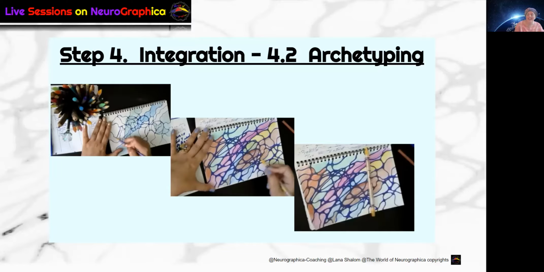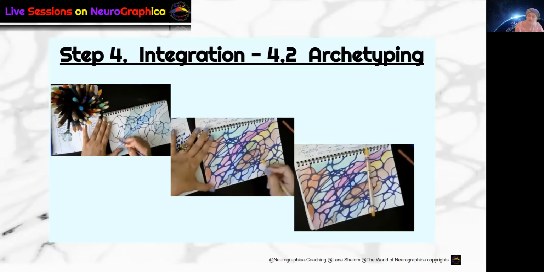At this point, within our drawing, we have already distinguished various segments within the picture. If you remember how a Neurographica picture looks, we add neural lines, we start the composition, whether it's a catharsis or we start with the shapes or the lines, we conjoin them, right? And at this point, within our Neurographica drawing, we see a certain pattern, certain shapes emerging. Call them cells, some people call them fragments. We look at them. And our job within the archetyping step is to add a color in a way where